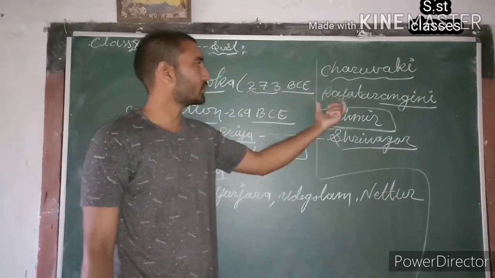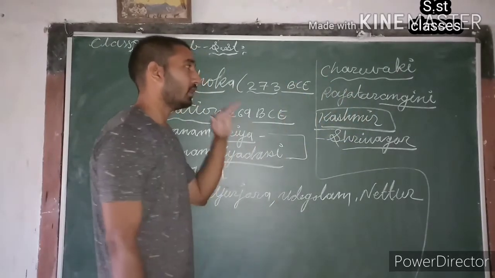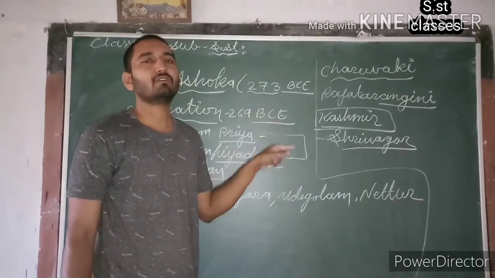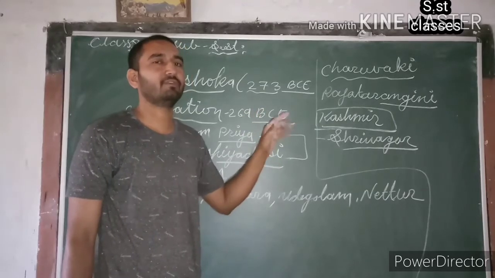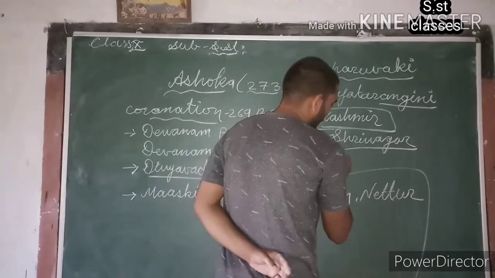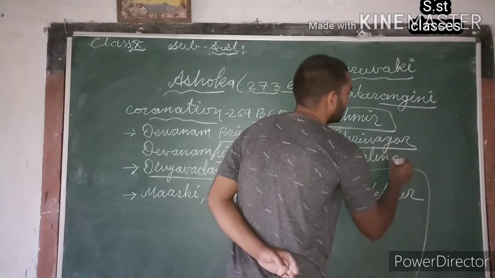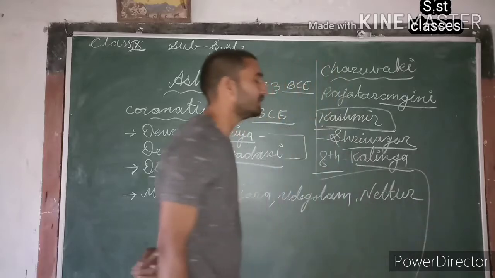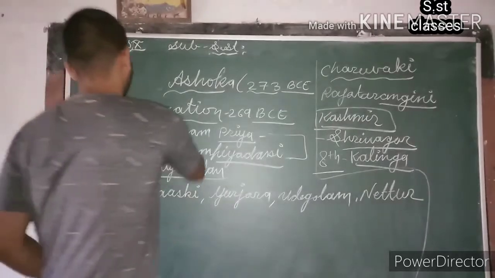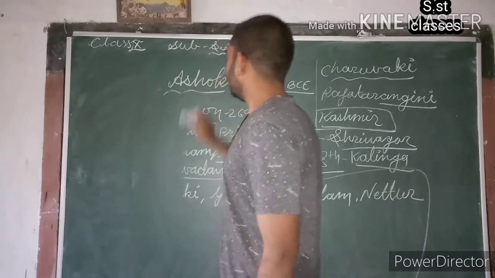Kalhan mentioned that Ashoka was the first Maurya ruler who occupied Kashmir. And in the same book, we also find mention that Ashoka was a follower of Shaivism, Lord Shiva, before being a Buddhist. After that, in the 8th year of his coronation, Ashoka invaded Kalinga. And this war was a life-changing war for Ashoka. It means that after this war, the life of Ashoka was completely changed.